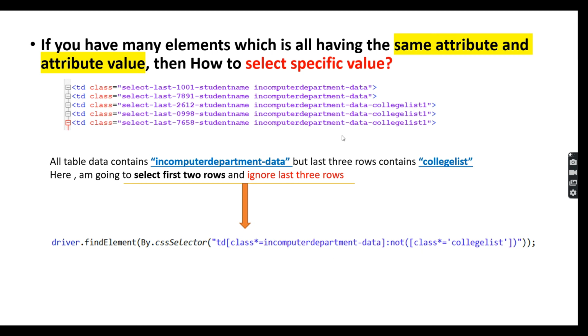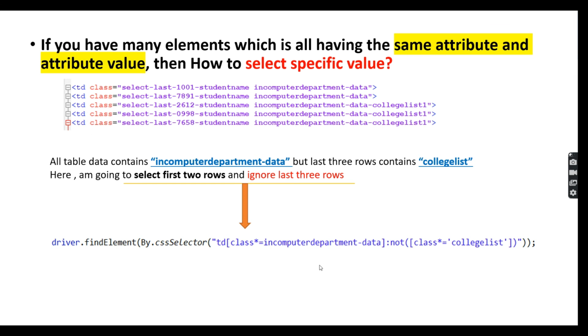Here you can notice five tags are available, and in the last three tags only, the word college list 111 is available. The first two rows do not contain the college list word. So based on this college list word, I'm going to differentiate the first two rows and the last three rows.